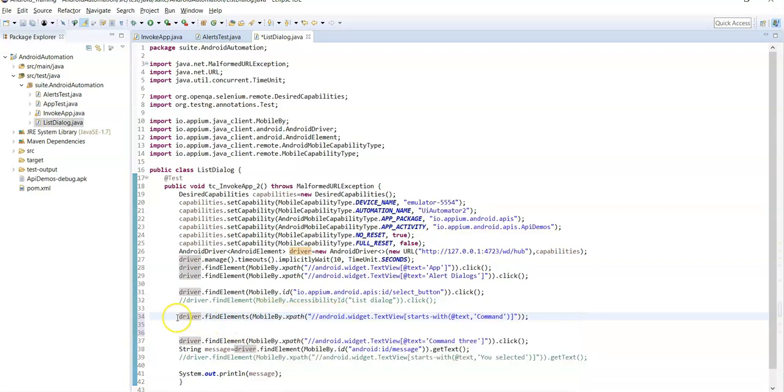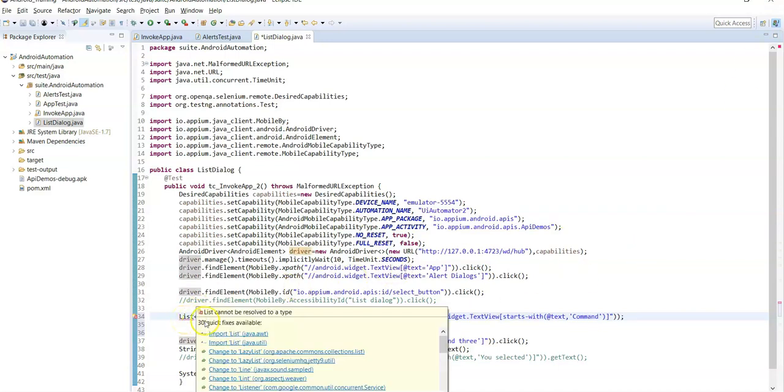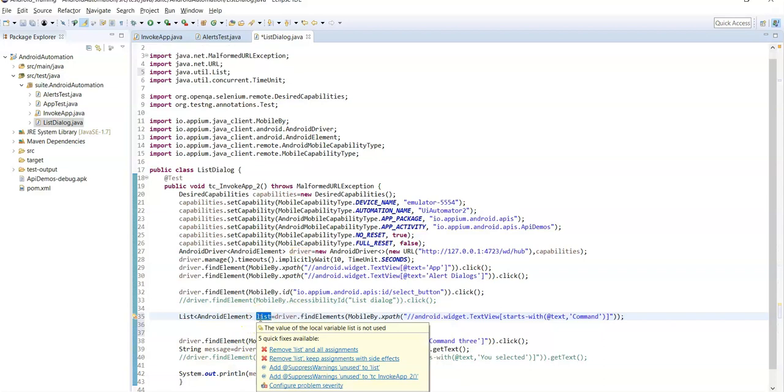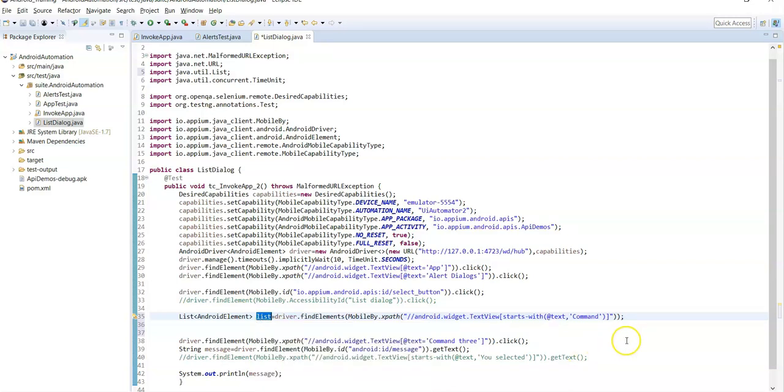So you need to hold those 4 Android elements in a List of AndroidElement in some reference variable. Import the List class from java.util. So now this list reference variable contains all the locators of the 4 options.